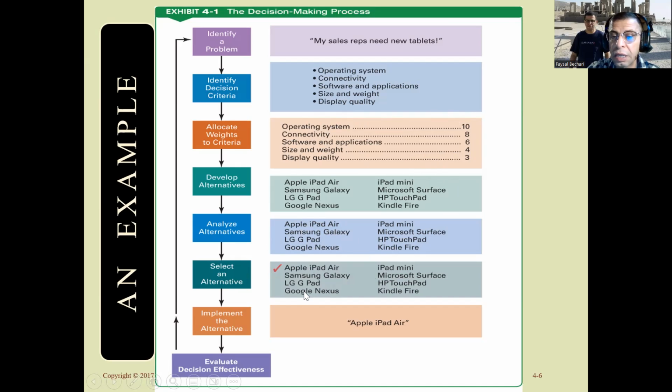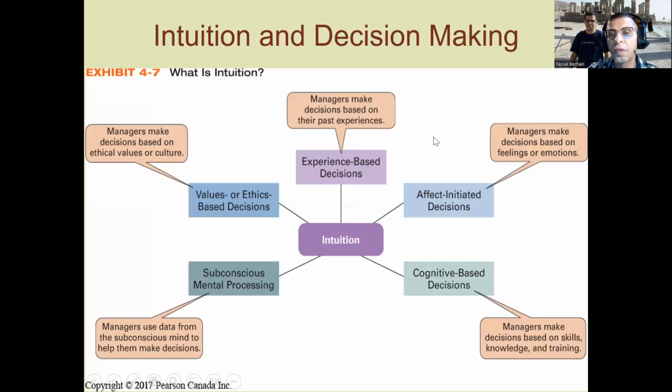Now, there might be some people disagreeing with you, but once you allocate the weight, they will probably understand how you selected that alternative. Then you start implementing what? The Apple iPad Air. Once you did, you need to evaluate your decision. If it's good, you continue. If not, you start identifying again and again. Now, as we said,